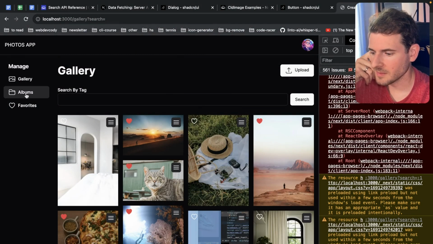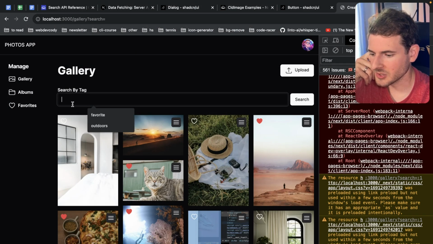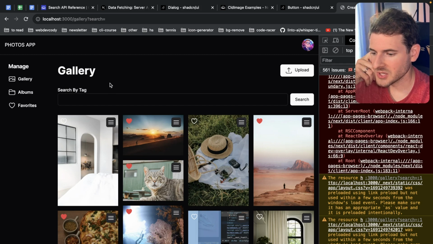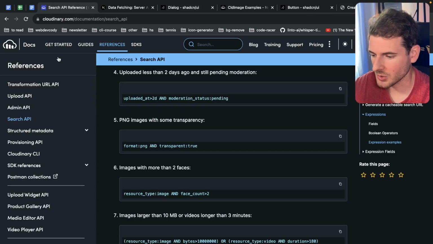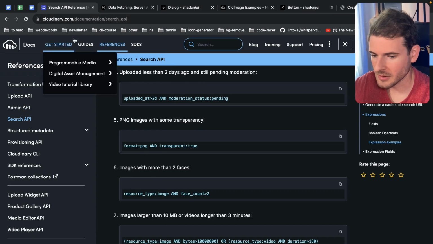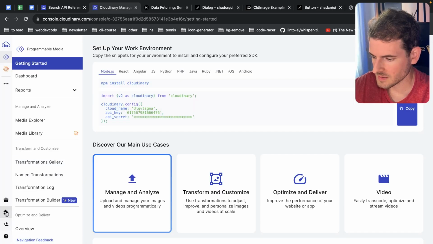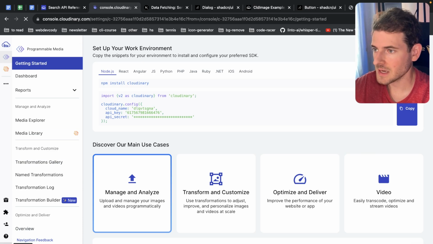So let's also maybe over here, we have this cool ability to search by tag. What we could potentially do is I'm going to show you a cool feature with Cloudinary where you can actually have stuff be auto tagged when you upload it to Cloudinary. So if I go to my Cloudinary dashboard, and I think this might be, if I go to settings here,